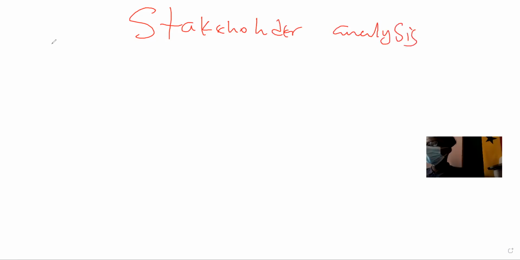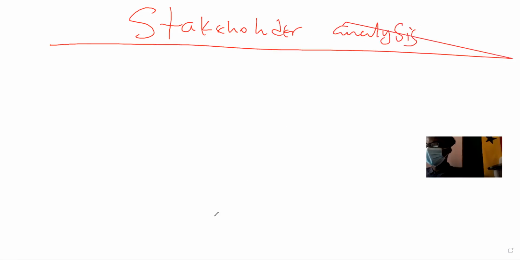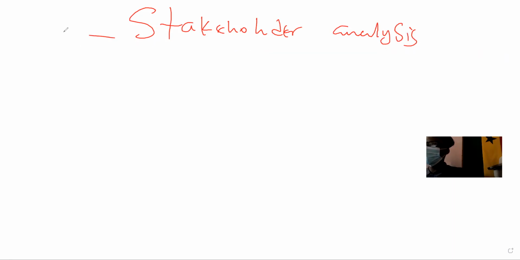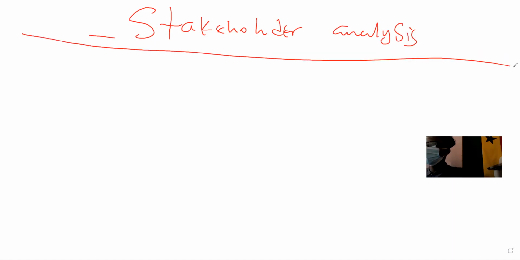Even though there are two main models that we use for stakeholder analysis, why do we conduct it? There's a reason. Whichever model you are using, there's a reason for that. You must know the reason,